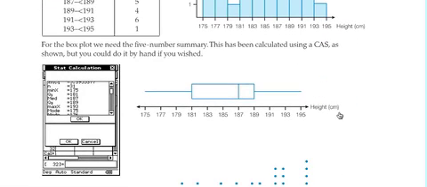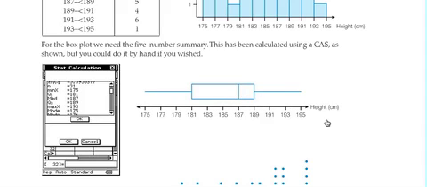Okay, we can use our CAS calculators to do our 5 number summary, and we can show you how to do that using the stat section. You'd need to type each individual height into a list and spreadsheet in your CAS, but now that we've got our minimum value, our first quartile, our median value, our third quartile, and our maximum value, we can plot those up on a box plot. So right now you can see the median is pushed over further to the edge of